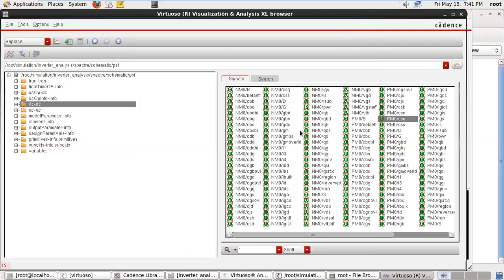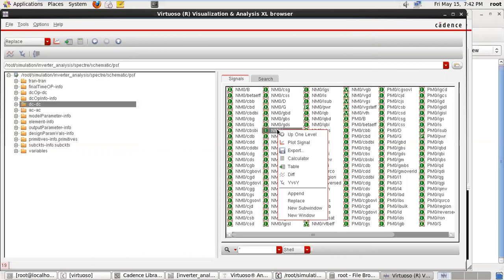Important: suppose we want to move this into the ADL window. How can we move these parameters into my simulation window? Suppose this is GM. We want to move this into the ADL window. So just right click on this window, calculator.